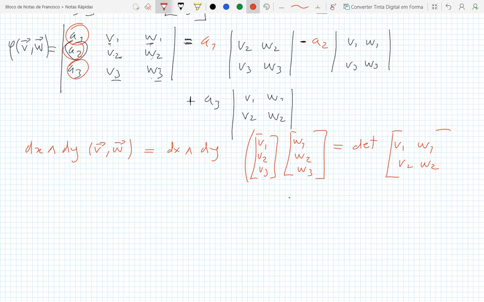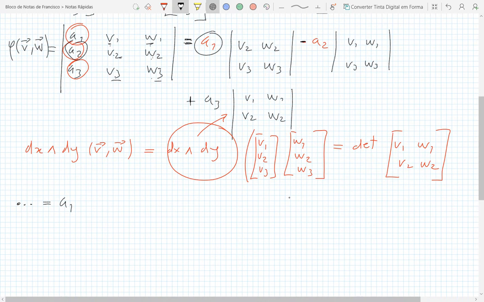Okay? So I can replace this, for instance here, this will replace this one. Okay. So I just expand all this, and I will get